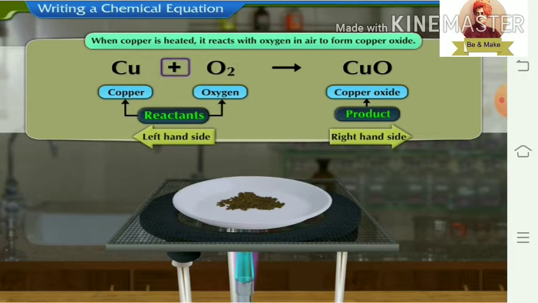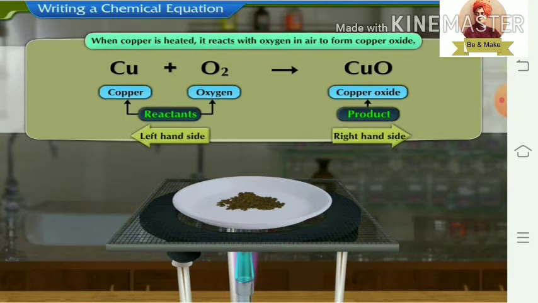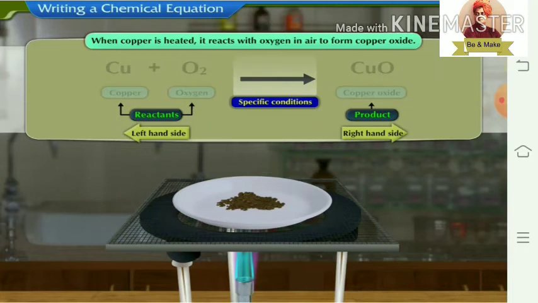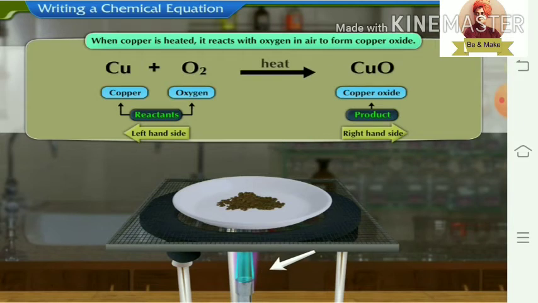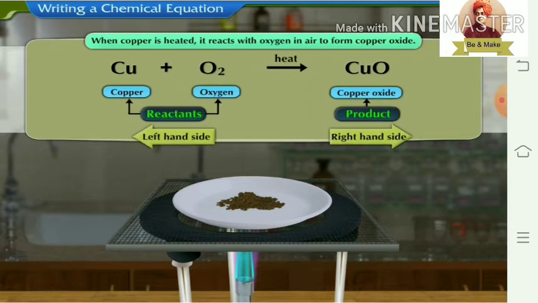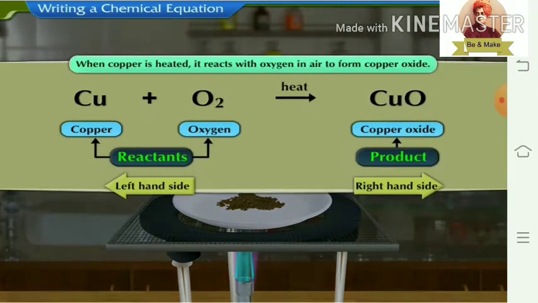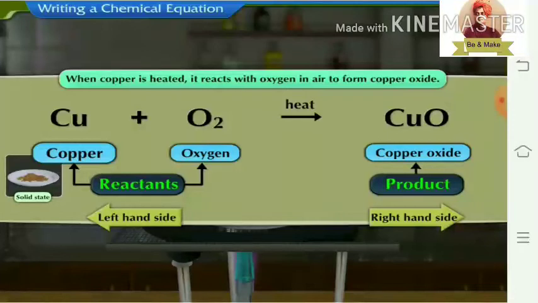Between reactants we separate them with the plus sign. They get mixed with each other, and the arrow is given for the transformation, meaning reactants are transformed into the product, and what is required is heat energy. Suppose it needs a catalyst to carry out this reaction. Thus reactants get mixed with each other due to heat and get converted into the new substance called copper oxide. Here there are changes in color.